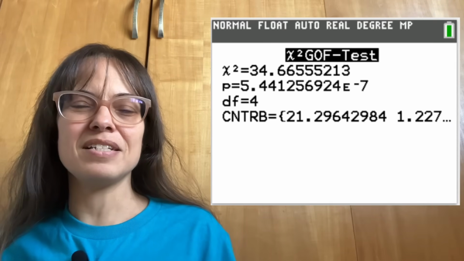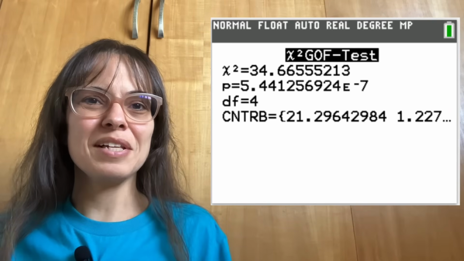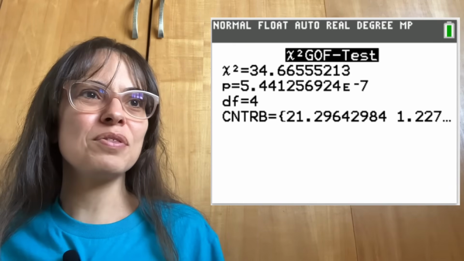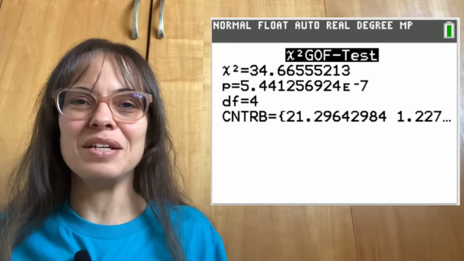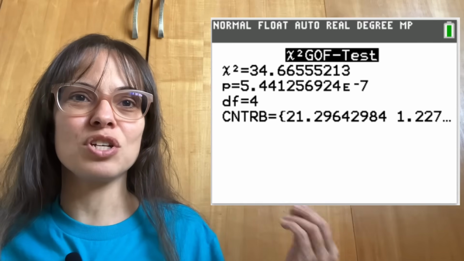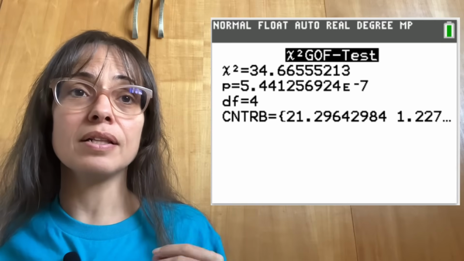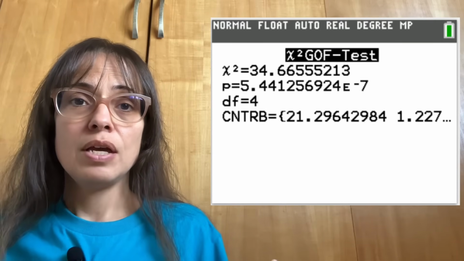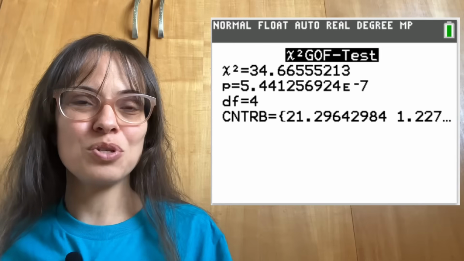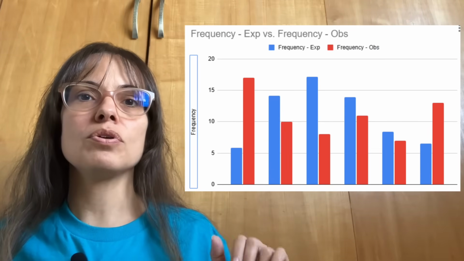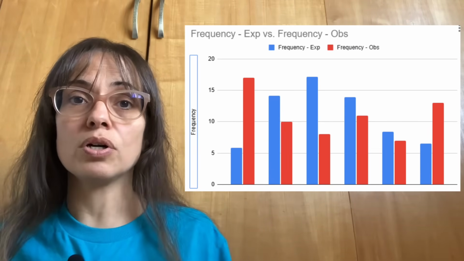And I realized that I didn't even talk to you about the significance level that I was going to use, which is usually 0.05. But with 5 times 10 to the negative 7, it doesn't even matter to talk about that. This value is just extremely small, which means that it is extremely unlikely to get these values if the thing was modeled by a Poisson distribution like I'm trying to do. We had already noticed in the table that the values were very different, and here is the same information presented again graphically. So the red is the observed values and the blue are the predicted values.